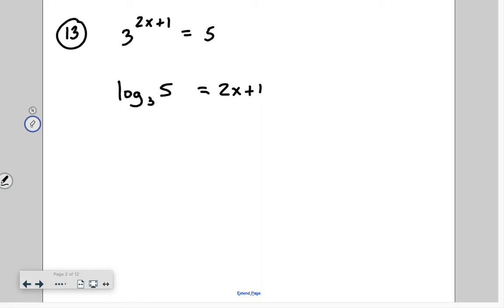Now, that's not the problem, so we have to put it back the way it was. In this case, what was it, x plus 1? Is that right? X plus 2? Okay, so we've got x plus 2. Still the same thing, put it back, x plus 2. But now, what can I do with that x plus 2? We've got a property that says anytime you take the log of something that's got an exponent, you can always move the exponent out front. So if I take that out front,